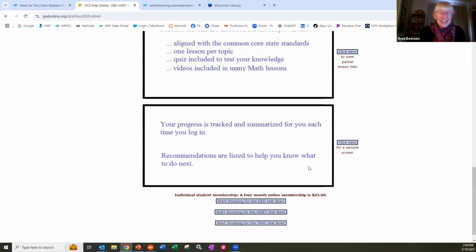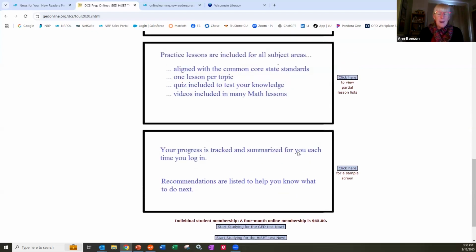As an instructor, I actually want to get to that point right now, because there's not a lot that we can look at without actually getting into the program in full, and there's no sense to it right now. But let's say I do have a student or two that would really like to do this in Spanish. And we do have some in Wisconsin Literacy that use this program and have students that want to take it in Spanish. If you want access to this, just email your consultant, and your consultant will contact me,